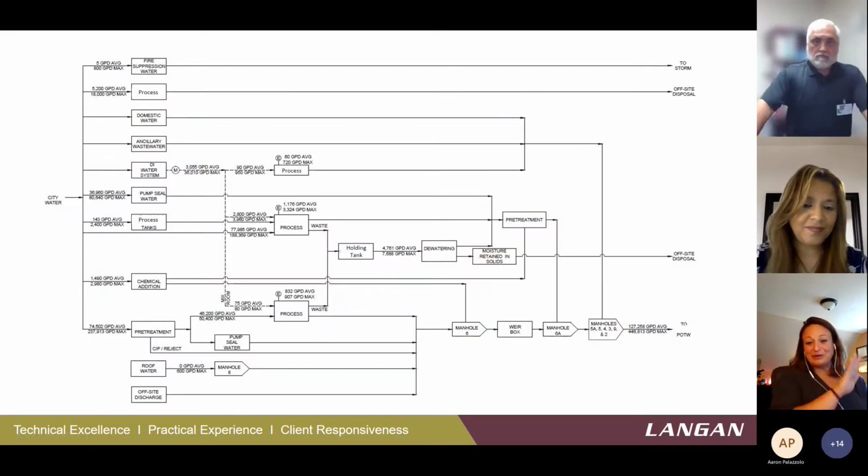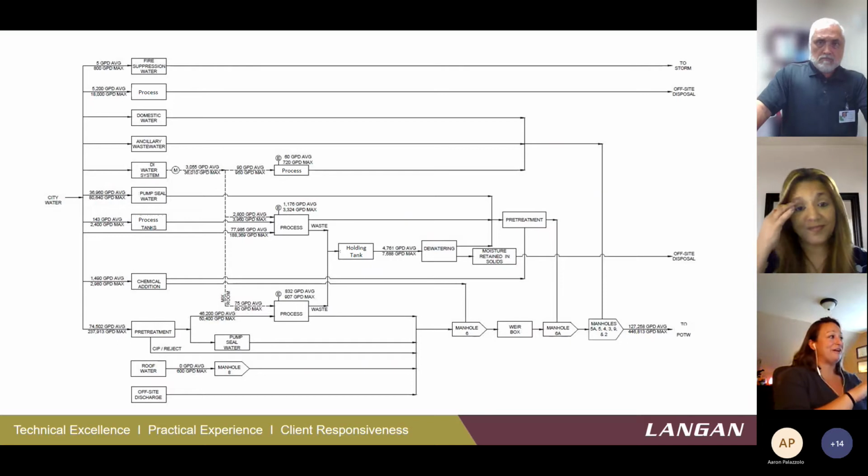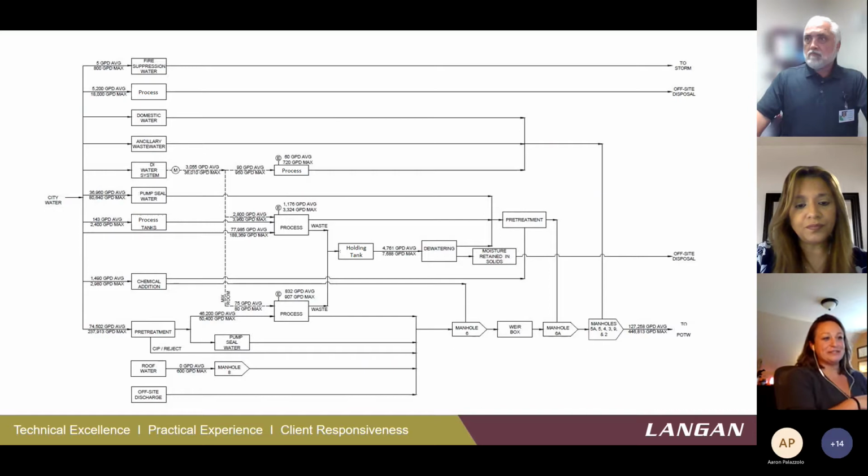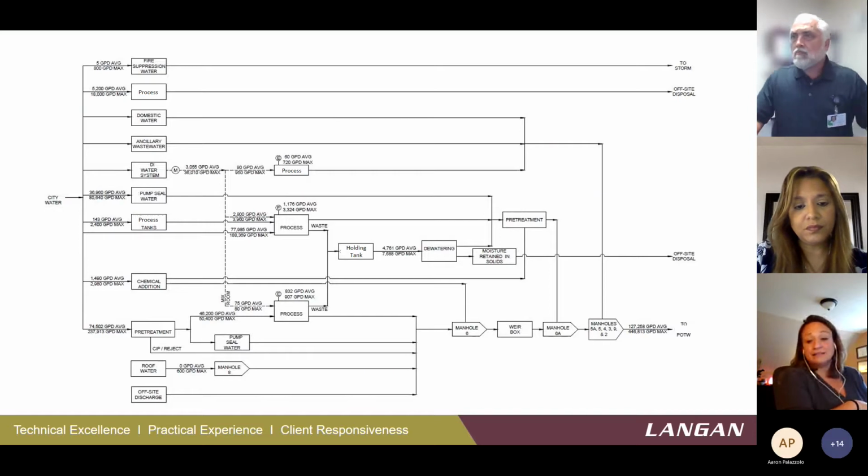So this is a quick overview of exactly what a water balance would look like. This is a real one for a manufacturing facility in the Northeast. This facility uses about 500,000 gallons a day, so big facility. Tracking every drip and drab of water use, it was a project. It was certainly a project.